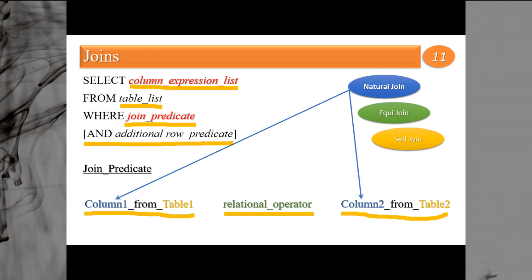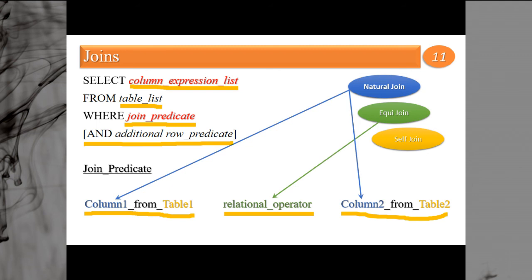We had P name and S name. Both columns have two different names. That means they were not natural joins. If P name is a column name and S name is also a column name, say name, then it will be termed a natural join. So natural join means the columns from the two tables being joined have the same name. If they have different names, then it is a non-natural join.